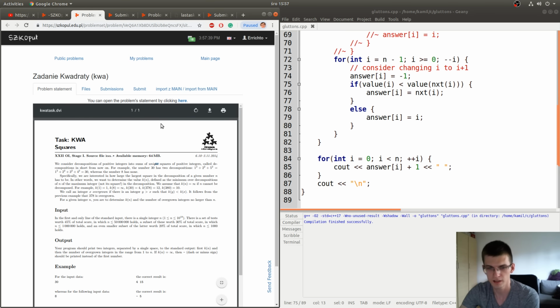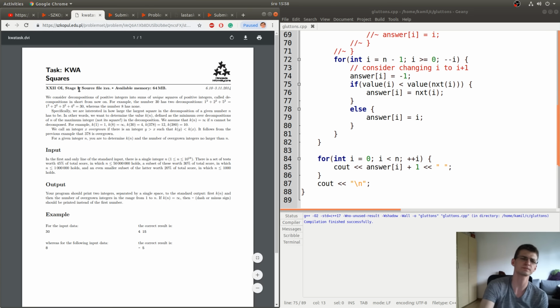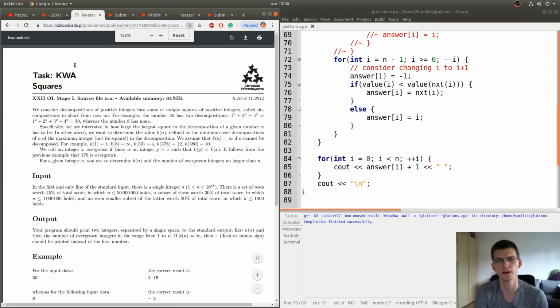For example, in ACM ICPC contest, there is only one computer for 3 people, so I would spend more time with paper, trying to prove that, trying to see if it's okay, if I see counter tests, while on individual contests where you have access to computer, maybe it makes more sense to just implement and submit, or to write a brute force, because you have computer, you can use it. So it's sometimes hard to decide about it.